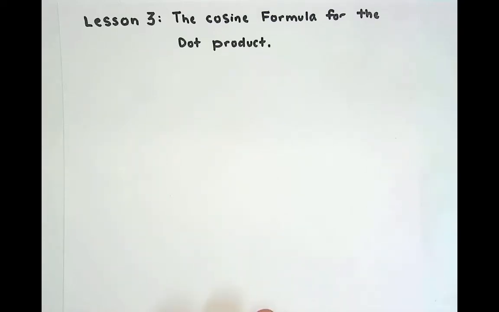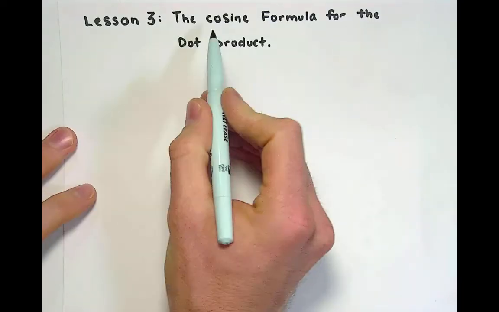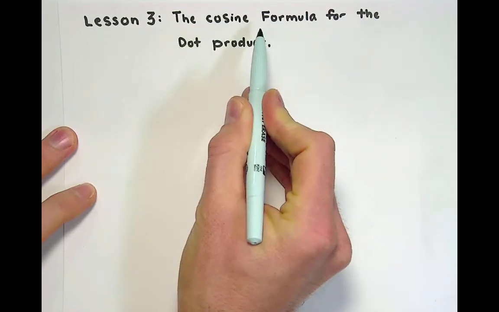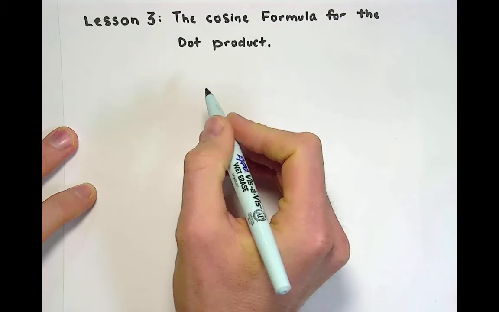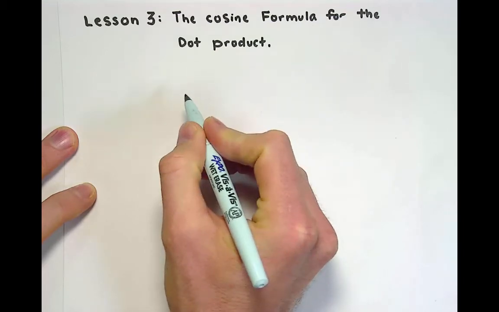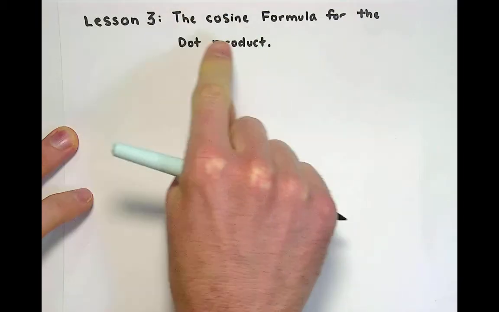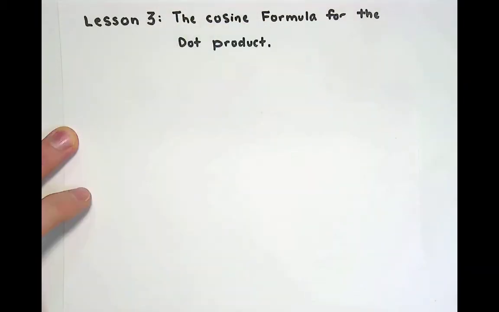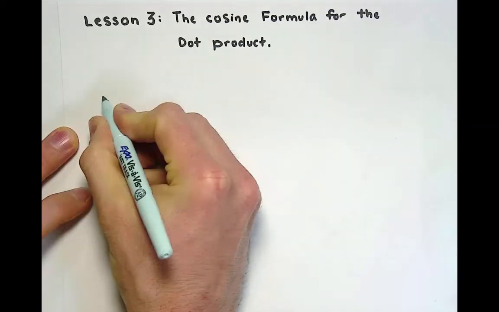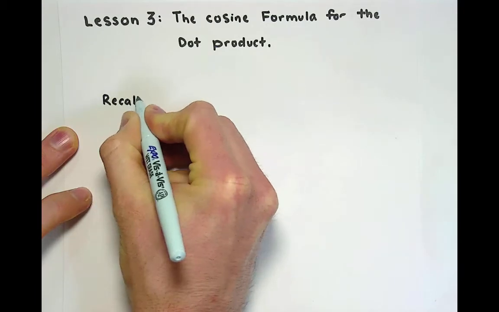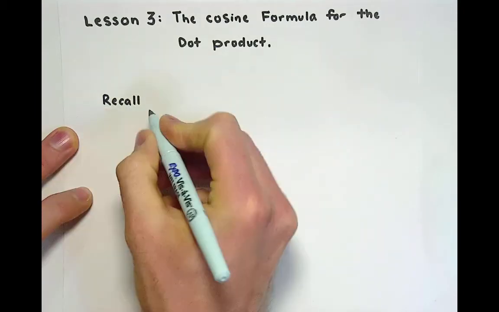Welcome back. In this video, we're going to discuss the cosine formula for the dot product. In the previous two videos, we discussed the Pythagorean theorem and the law of cosines in order to allow us to get to a place where we can see where the cosine formula comes from. Recall from our previous discussions that the dot product had two main functionalities,